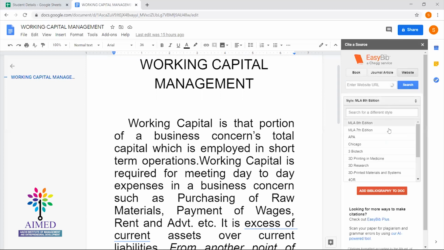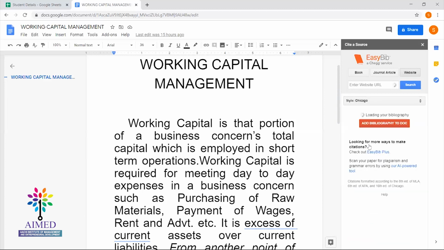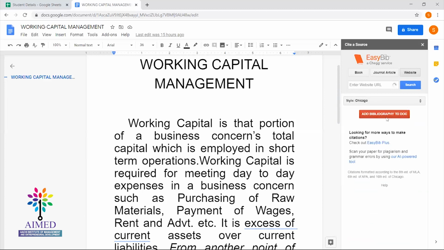And in that style, there are so many options available to add the bibliography. You can choose any one, and your search list will be displayed below the style. Here by default it is the 8th edition, and I'm going to select Chicago now. The list will be available here, but it is taking much time.